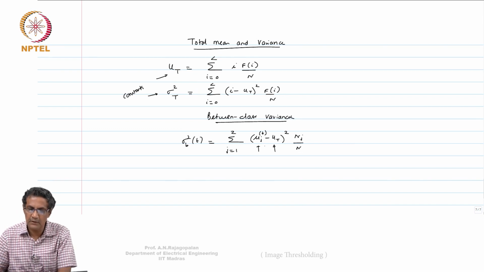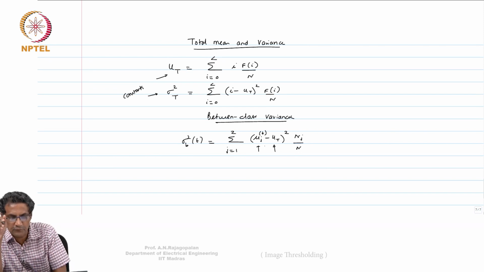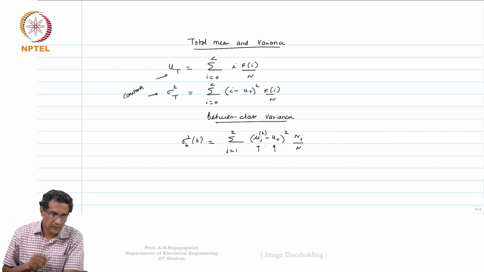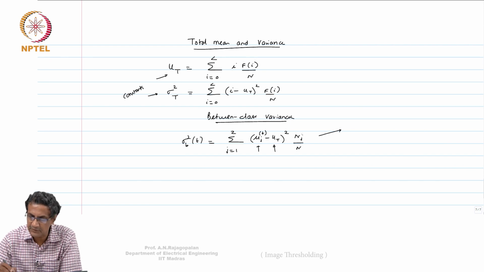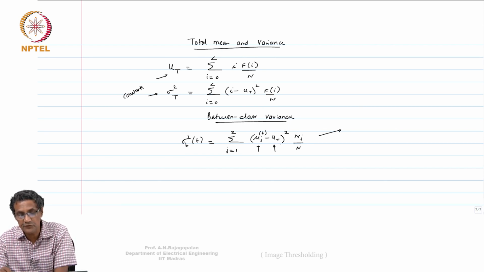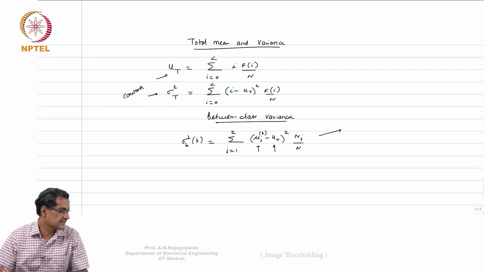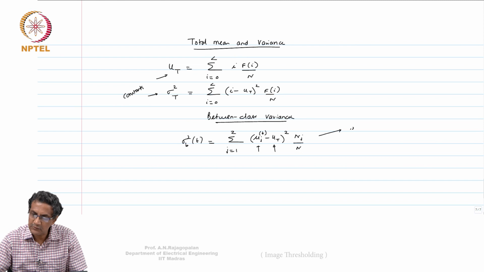Ideally I should write mu j of t, but from now on I'll drop the t. We'll assume we know for a fact that mu 1 and mu 2 depend on small t. Now I leave it to you as an exercise to show that this can also be written in the form mu j minus mu t whole square. I want to leave it to you as an exercise to show that sigma square b of